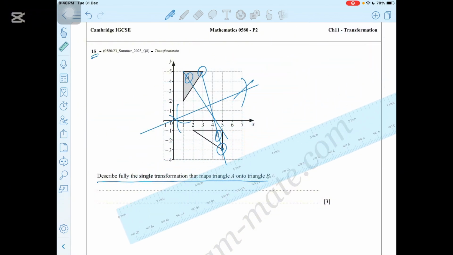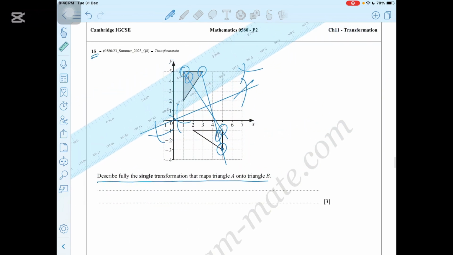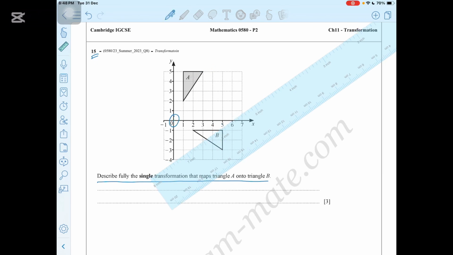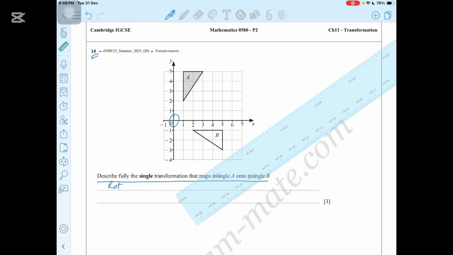Let's just assume this is our first line bisector, and the other line bisector would be these two line bisector, right? So we'll put a compass over here, we'll draw the arc over here, and then again over here, then we'll put a compass over here, compass arc over here, right? So we'll draw the line again. So this would be our line, and we'll have a center, right? Wherever those two bisectors meet, that would be our final center of rotation, right? So this will be our center of rotation, right? So since we have our center of rotation, let's write it down. We have rotation